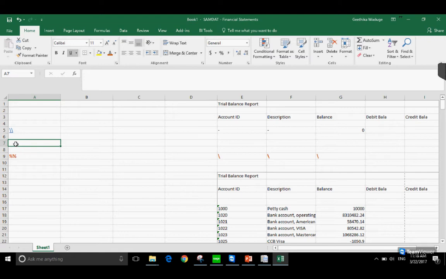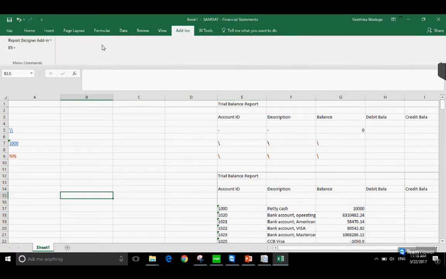So what types of account information could we give? We could give an individual account ID. Say we need the balance of this petty cash account. It is 1,000. And we could give the mark, and if we generate the report,